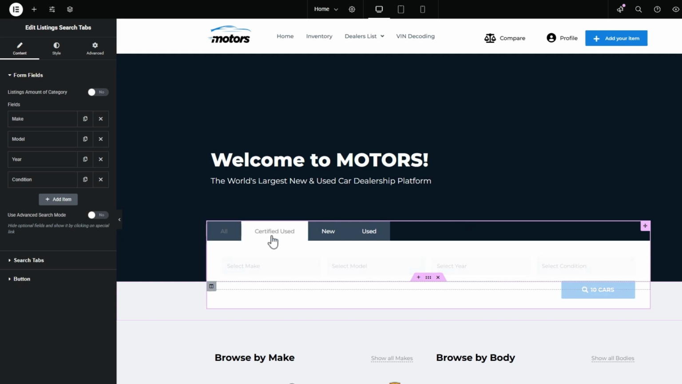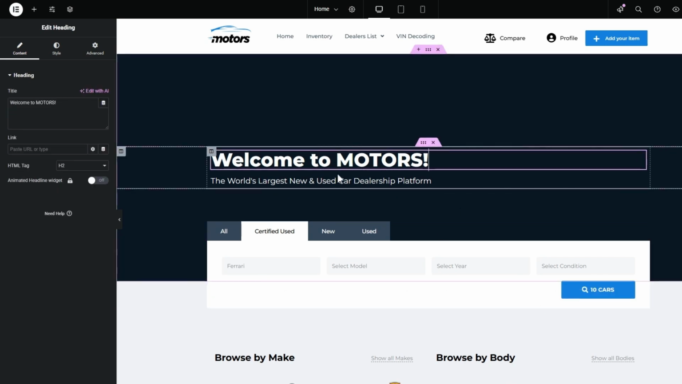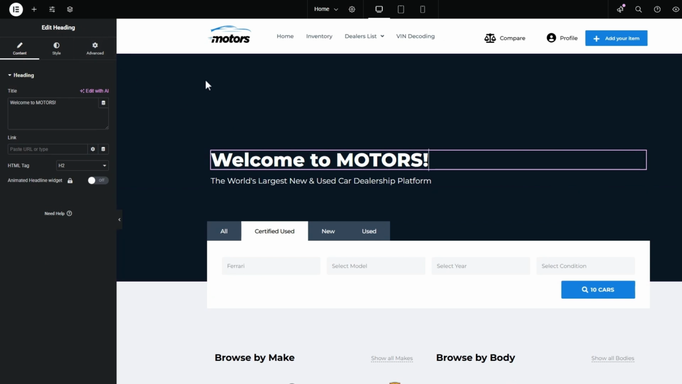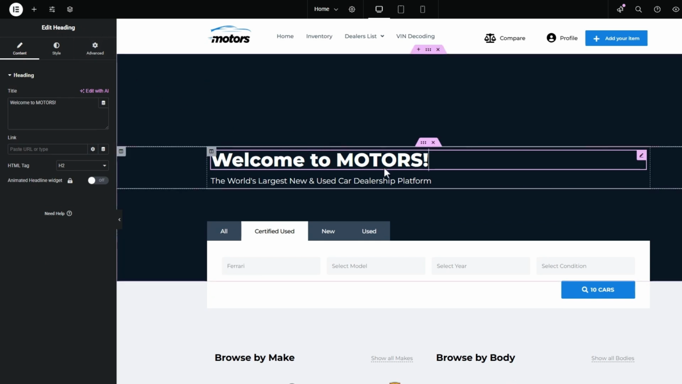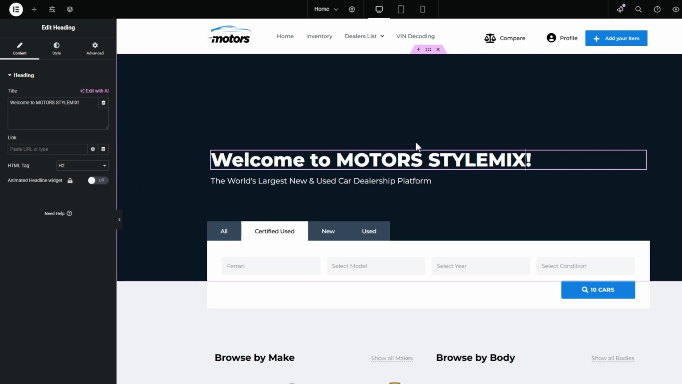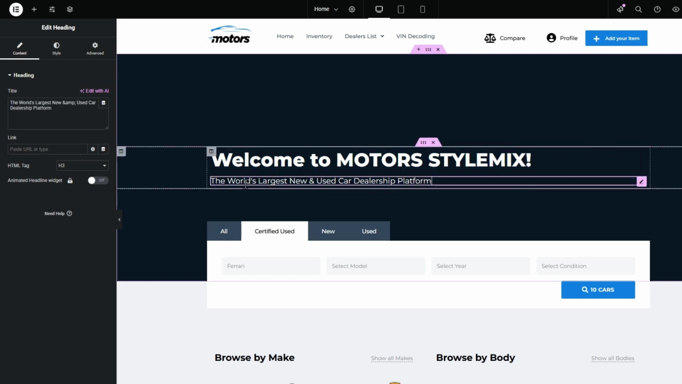Like I can go to certified used and select the Ferrari, and you can see there are a number of available cars on my website. I'm going to click on the button and it will bring me to the inventory. Or this widget, it is called heading. It's obvious, it is just a heading. I can freely modify it. For example, I'm going to add motors style mix. And the next one I can also change, let's say, remove the user part,